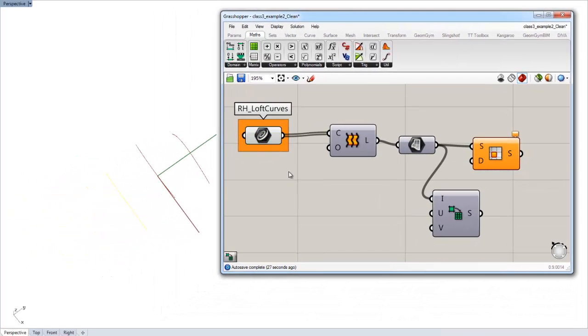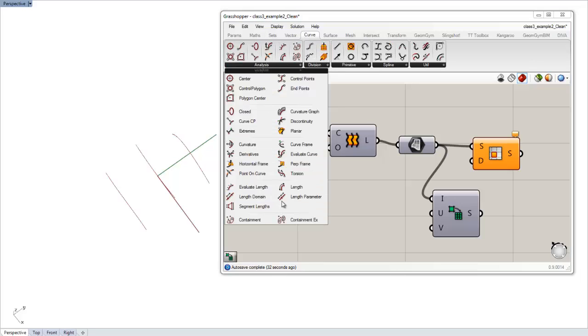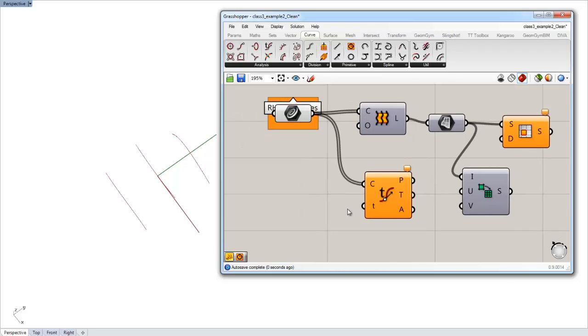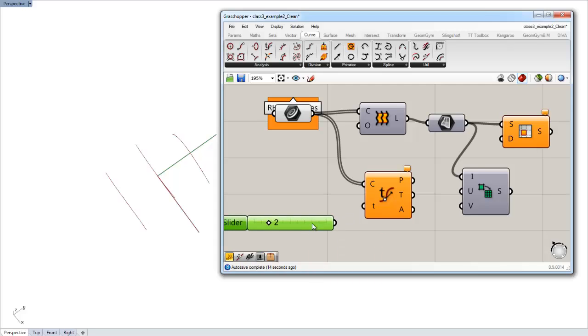But here we have our three curves, and what I can do is analyze the curve and evaluate the curve. So basically it's asking me for a parameter on the curve domain to evaluate. So I can put in my curves and I can put in a variable. Let me just set up a slider to go from 0 to, I don't know, 2 to 10, for example. So here's a slider, and as you can see, now I can